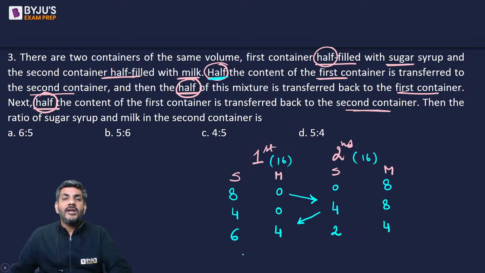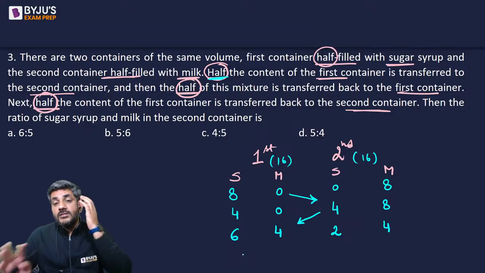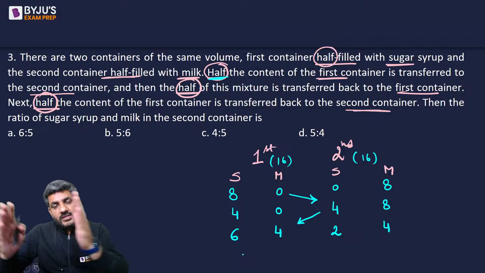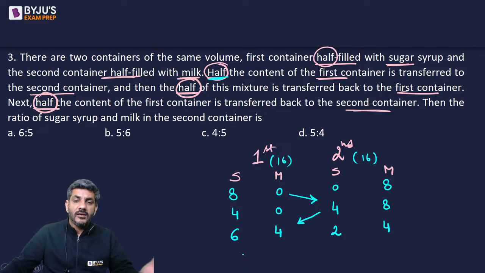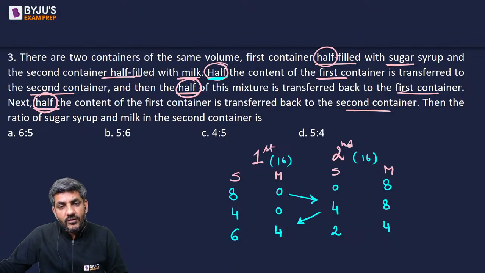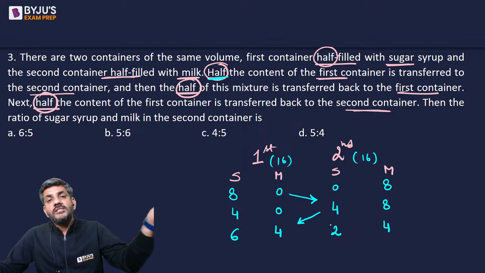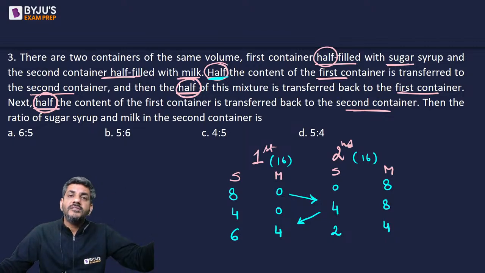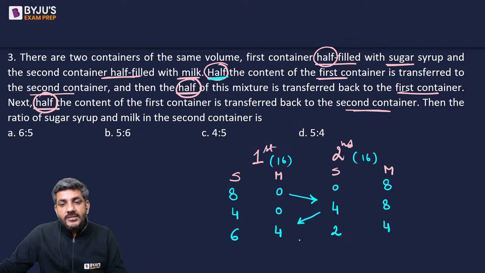Just get to know about one container, दूसरे का तो अपना पता लग जाएगा, because in the total system there is 8 liters of sugar and 8 liters of milk. तो जितना शुगर इधर है 8 माइनस दैट उधर है, तो जब मैंने यहां से हाफ लिया, 4 का हाफ आया, सो 2 इज रिमेनिंग, सो हाउ मच इज देयर 8 माइनस 2, यहां से 8 का हाफ चला गया तो 4 इज रिमेनिंग, सो हाउ मच इज देयर 8 माइनस 2, दैट मींस सिमिलरली हाफ ऑफ दैट वुड गो देयर नाउ, तो 6 का हाफ चला जाएगा 3 बचेगा, 4 का हाफ चला जाएगा 2 बचेगा, यहां 3 शुगर है तो यहां शुगर कितना है 8 माइनस 3, यहां 2 मिल्क है तो यहां मिल्क कितना है 8 माइनस 2,